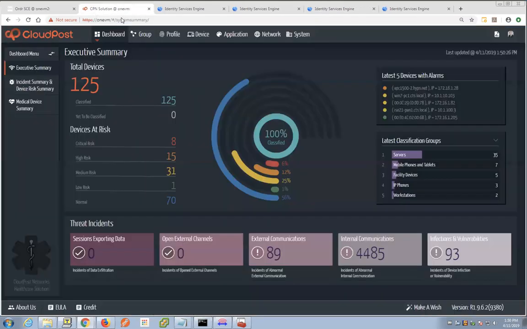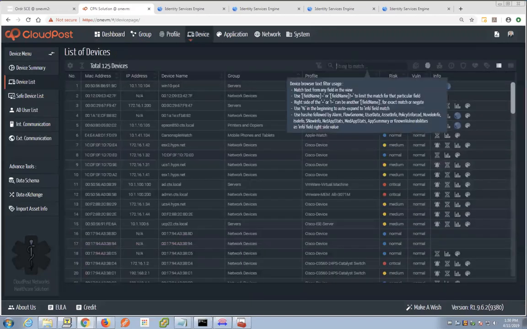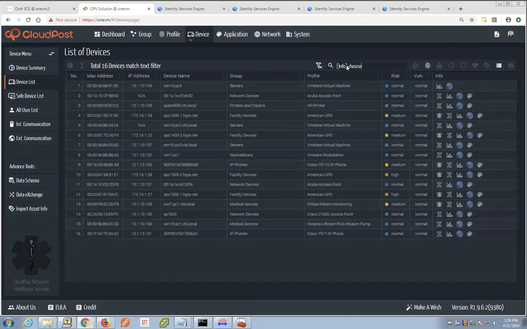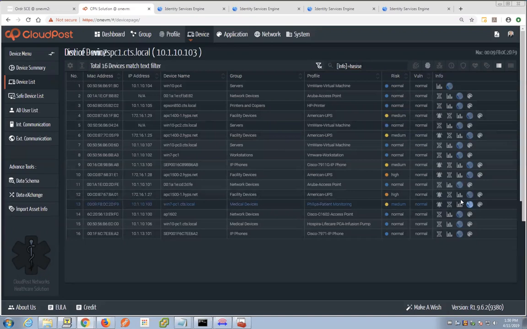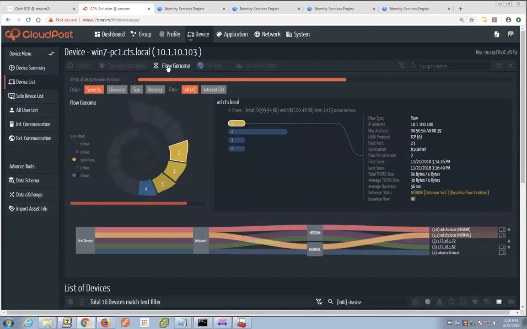In my system, I'm going to go to my devices, my device list, and I have a number of these devices that have been connected and learned through ISE. So in this case, I have a Philips patient monitor, and you can see that we're learning about these little ISE icons that, for example, this Philips patient monitor, it was through static assignment of policy. We had previously assigned this to a medical devices tag, and this was the policy assigned to it and where. Now I'm going to show you how we can augment this.